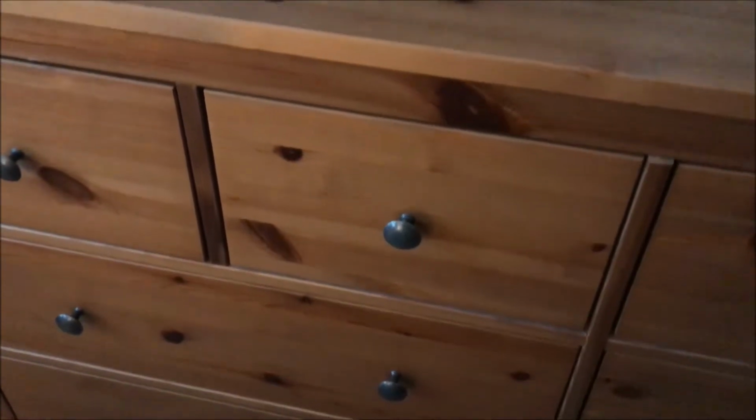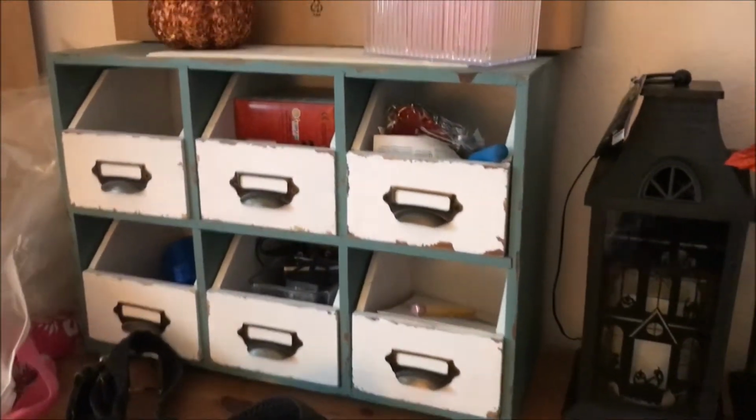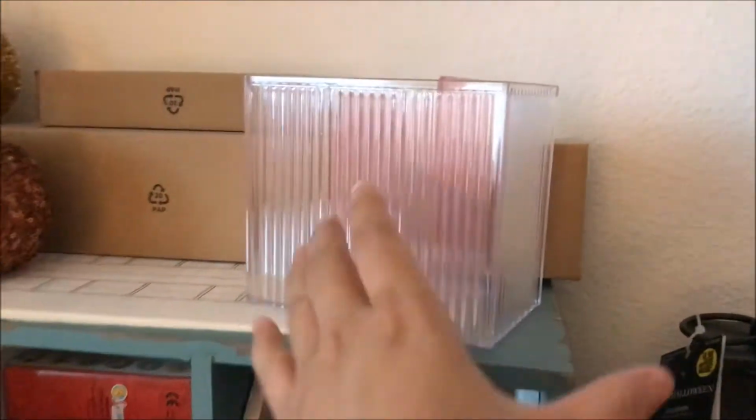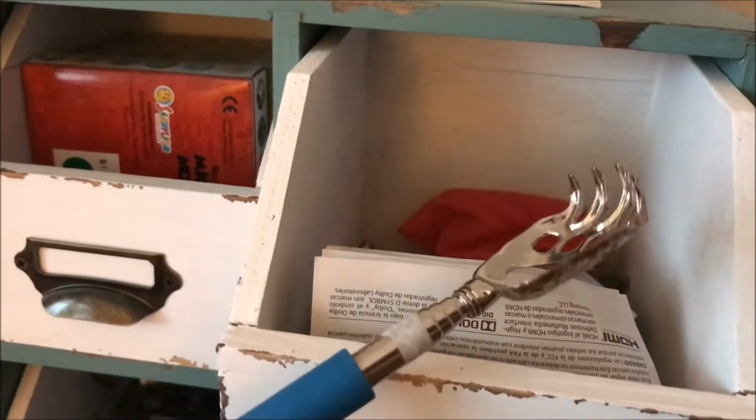I am now in my bedroom. On top of my drawers are more drawers. And like I said earlier, the more storage containers I have, the more I stuff things in. So I'll be getting rid of that pink container right there, along with this coin purse, this bear paw back scratcher,